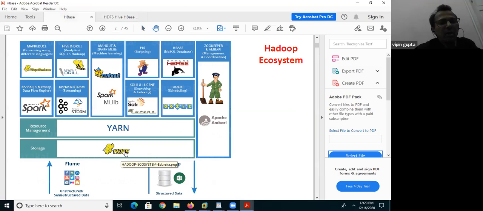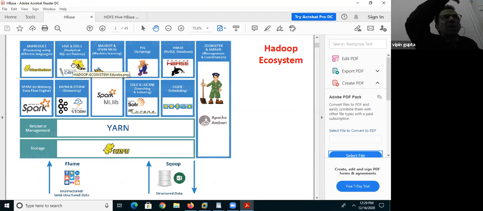Then you can use different tools. In our case, in the first session, we tried to use Hive, which is of SQL type. And please remember, this Hive is much more powerful than traditional SQL databases. And this HBase,